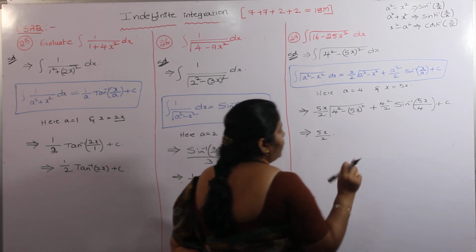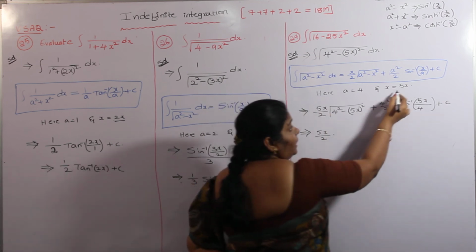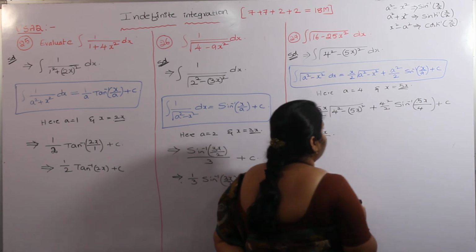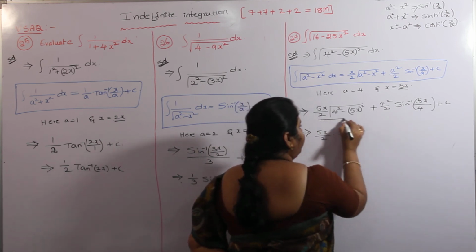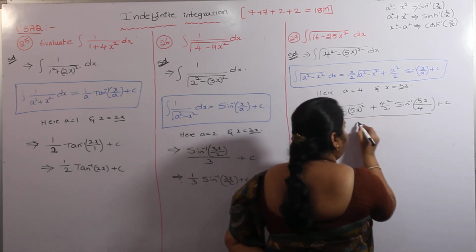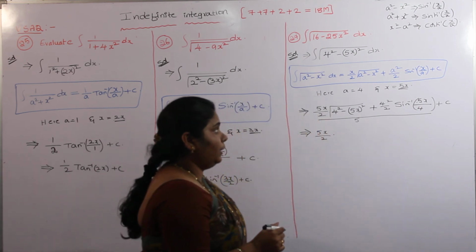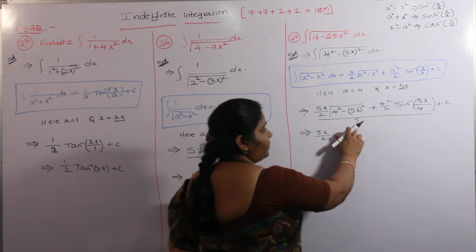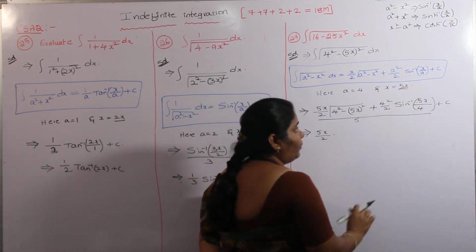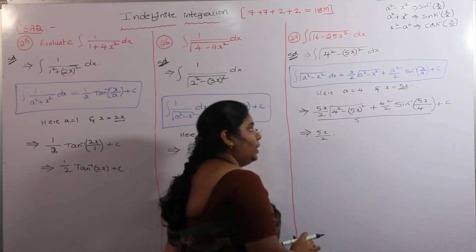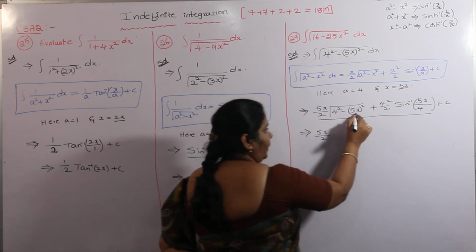But one step is missing. In place of x here we have 5x. So we write the inner differentiation of 5x. That can be written in the denominator. Differentiation of 5x is 5, so it is totally divided by 5. What is 5 here? Inner differentiation of 5x. Differentiation of 5x is 5. Okay, take the splitting.